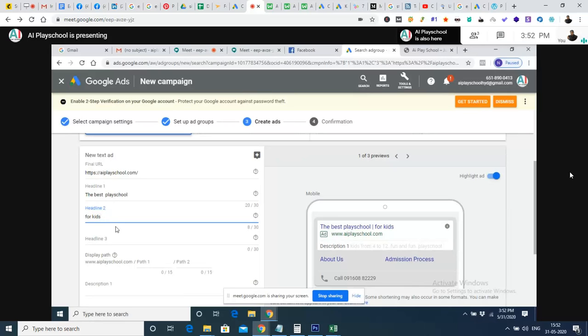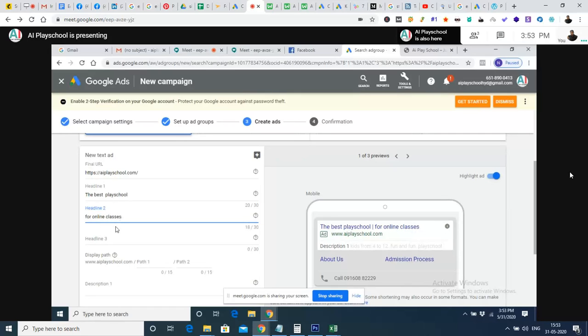So for headline two, this is just a creation of a dummy advertisement, and you can create from your own idea. You can mention headline two as the best play school for online classes.